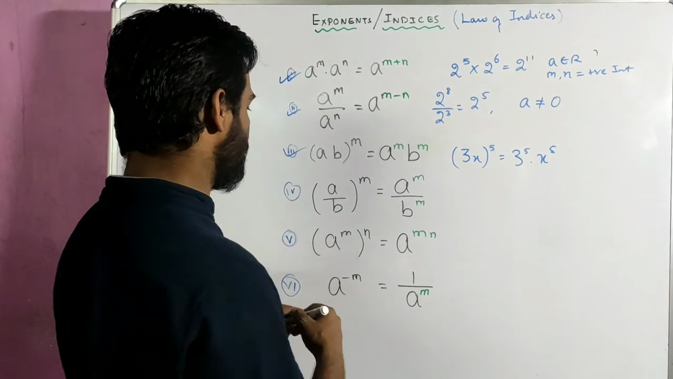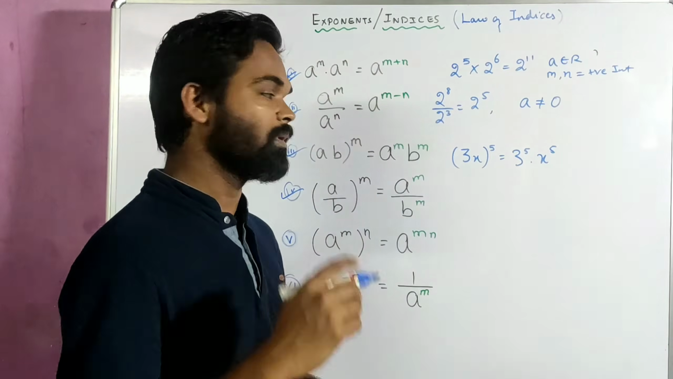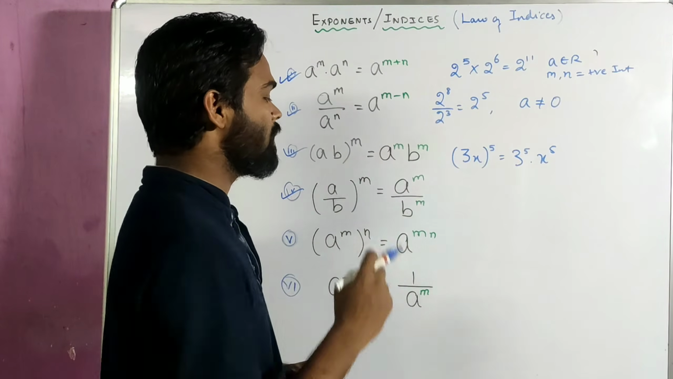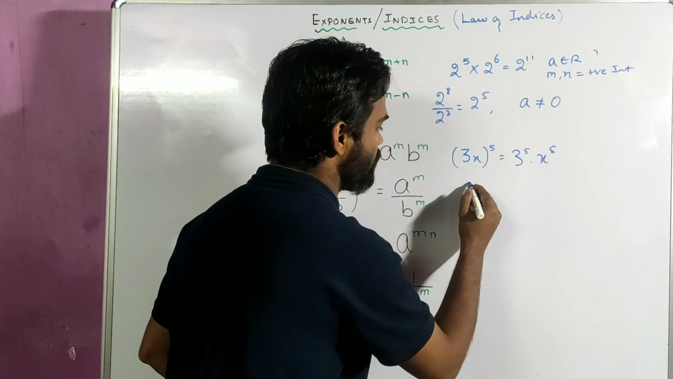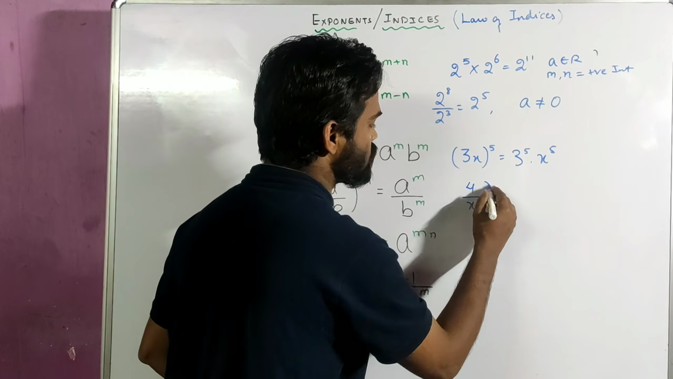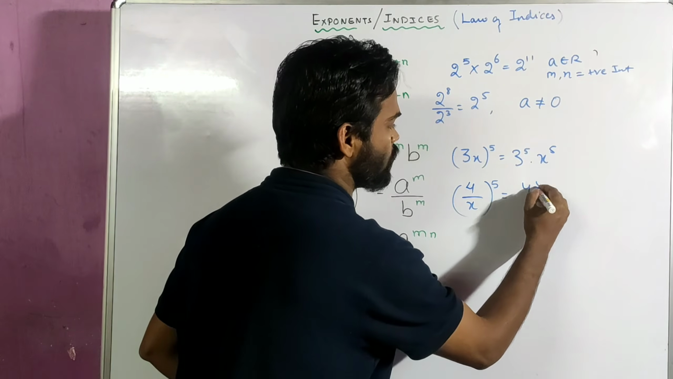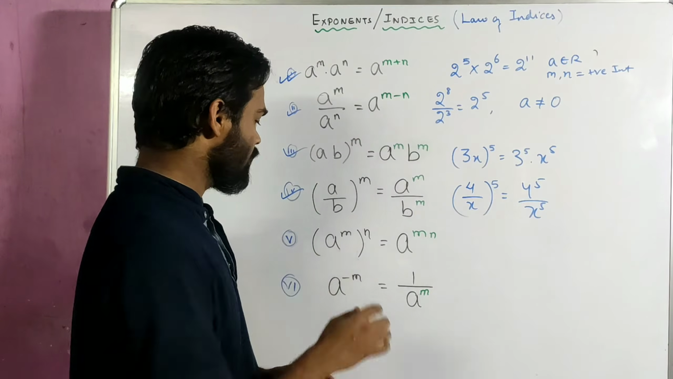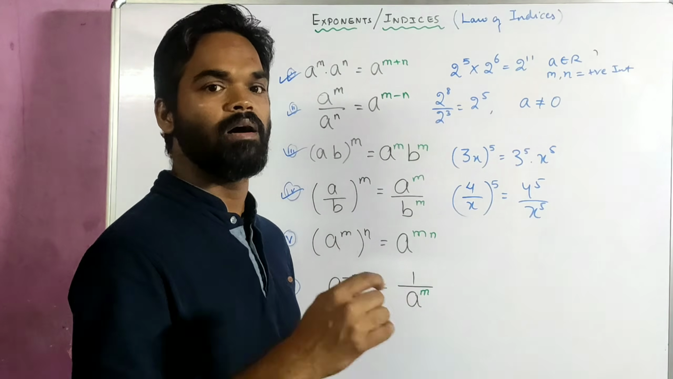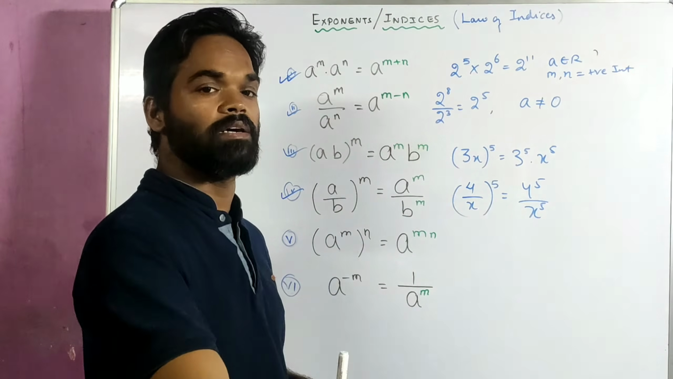Now look at the fourth one, which says a by b whole to the power m is equal to a to the power m divided by b to the power m, which means something like, suppose you have 4 by x to the power 5. This, when you simplify it, becomes 4 to the power 5 by x to the power 5. In this case, a real number raised to the power exponent, which in turn,